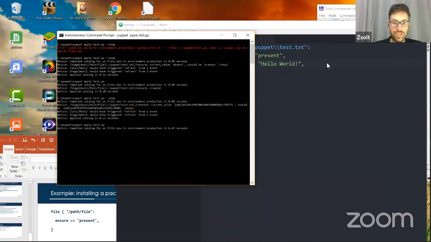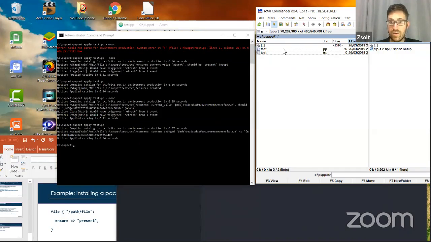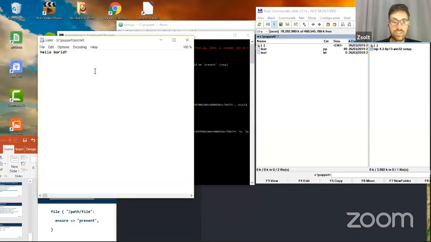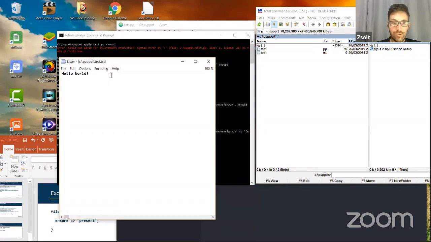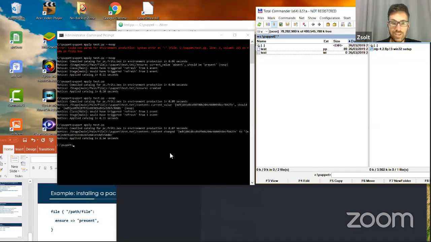And after the update is applied, all of a sudden the text hello world appears in the file. So the file size is not updated by this Total Commander, but it doesn't really matter. You can see that the hello world is already there. So some bytes are already written in the file.